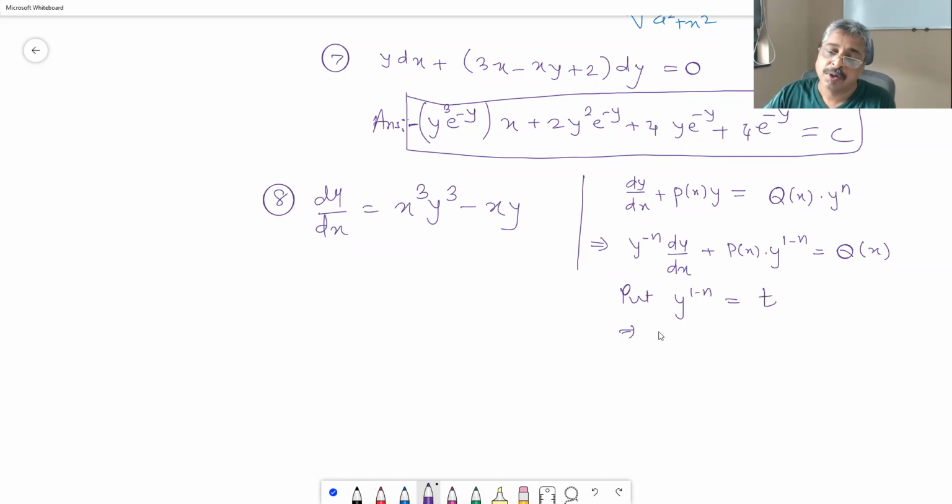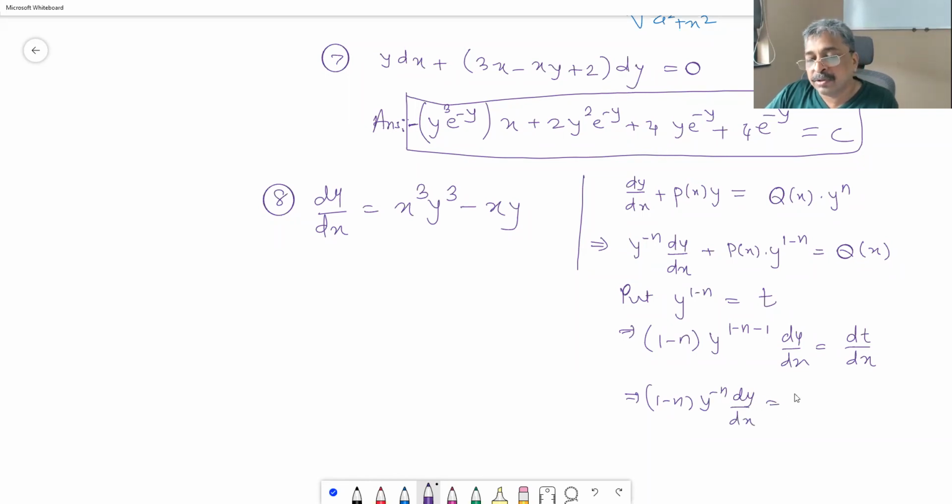Therefore, the derivative of LHS: 1 minus n times y raised to 1 minus n minus 1 dy by dx is equal to dt by dx. This is nothing but 1 minus n y raised to minus n dy by dx is equal to dt by dx,